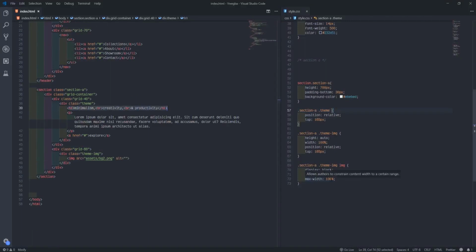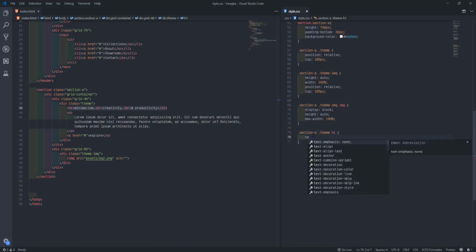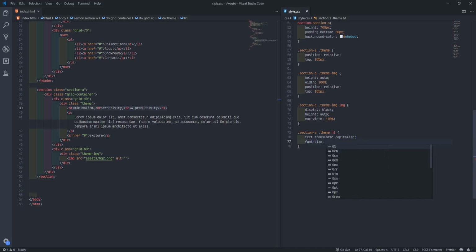So we'll come here. I might just copy this one, it's a bit lazy to type. Dot team and target the H1. So you target H1, text transform, maybe capitalize, then font size, that font should be big, so give it like 50 pixel.